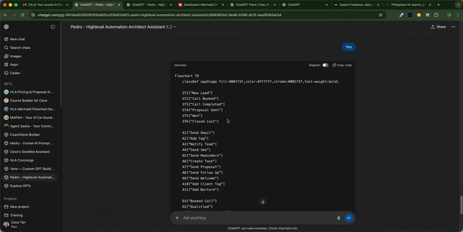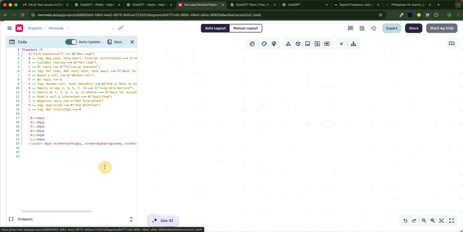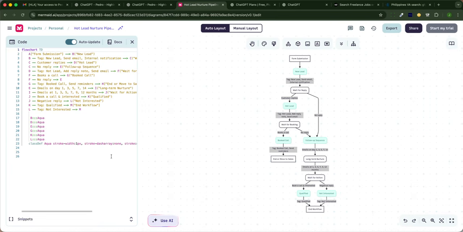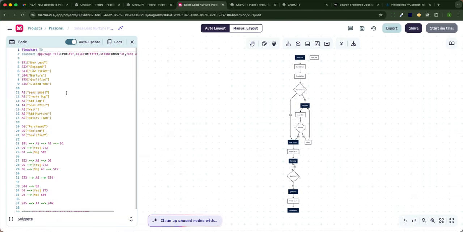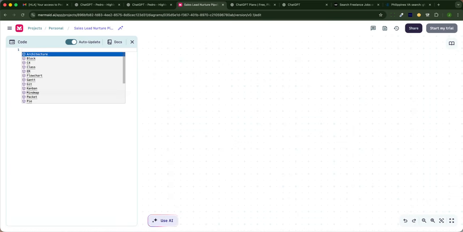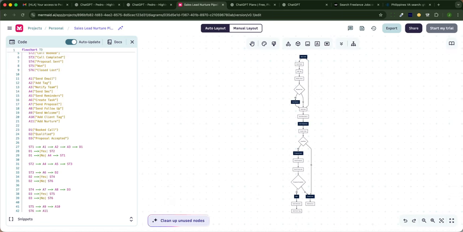The only skill you need to have is to learn how to copy and paste. So your only job is to copy it, meaning just copy this entire code. Now we're ready to go to Mermaid. So assuming that I'm running out of my trial account, again, you can open an existing flow chart, and then you can just delete all the code on the left-hand side and then paste this entire code inside